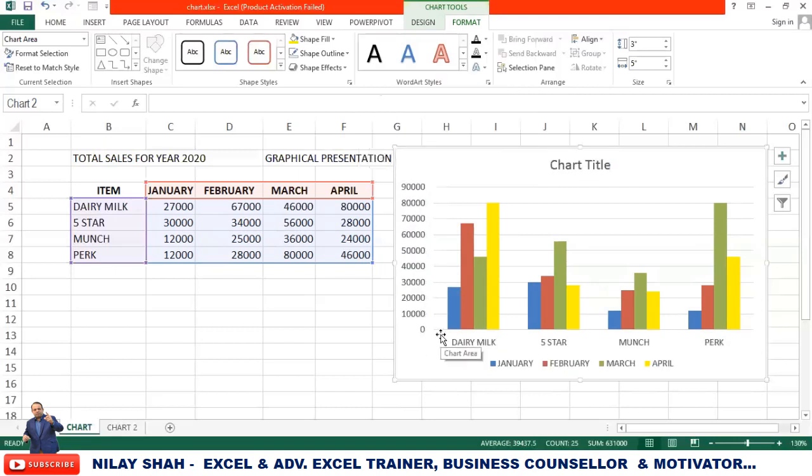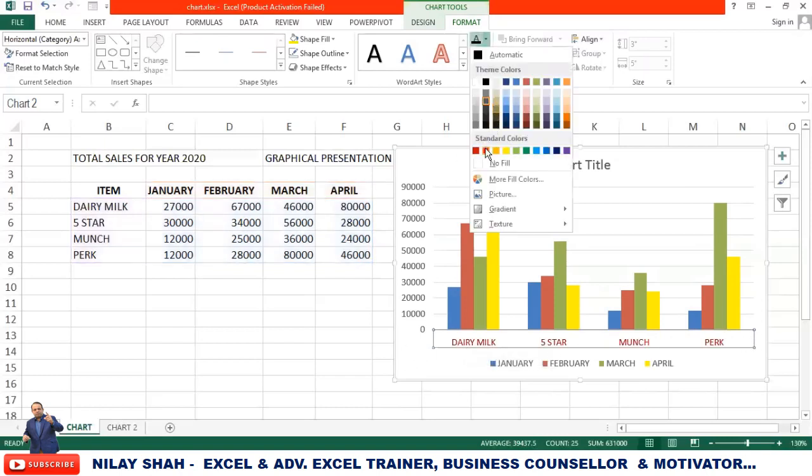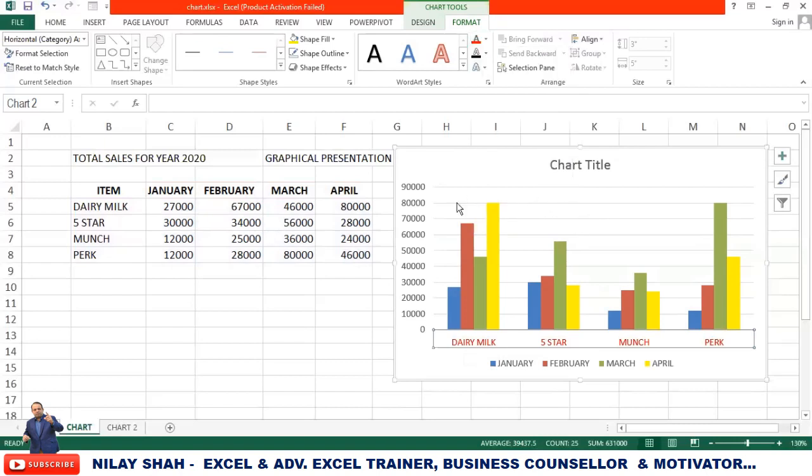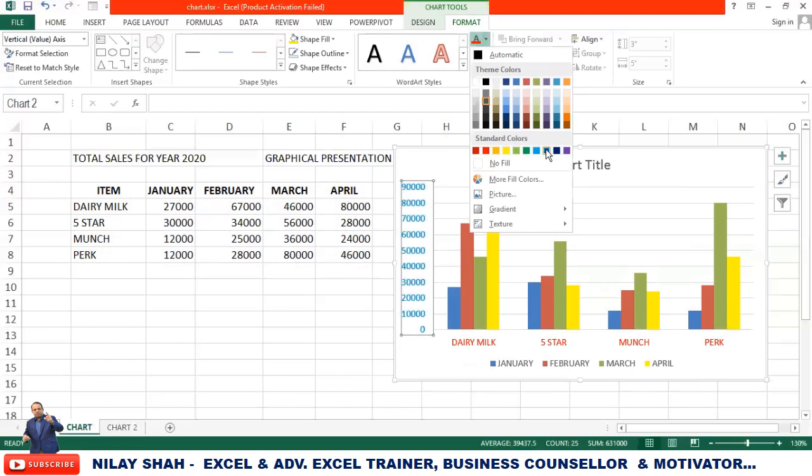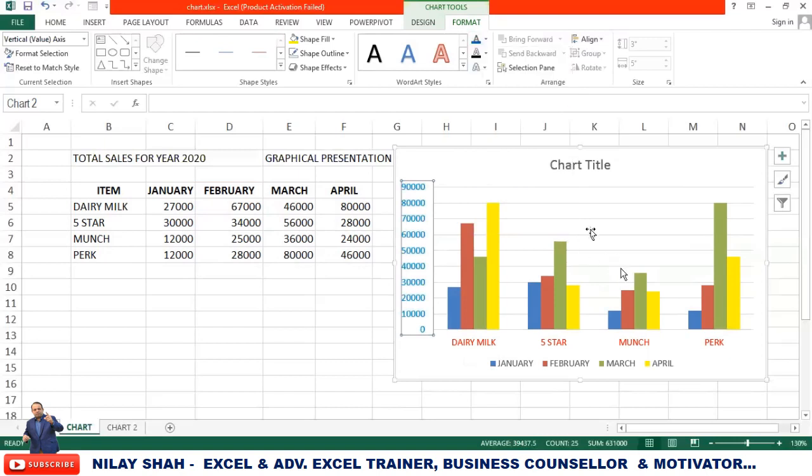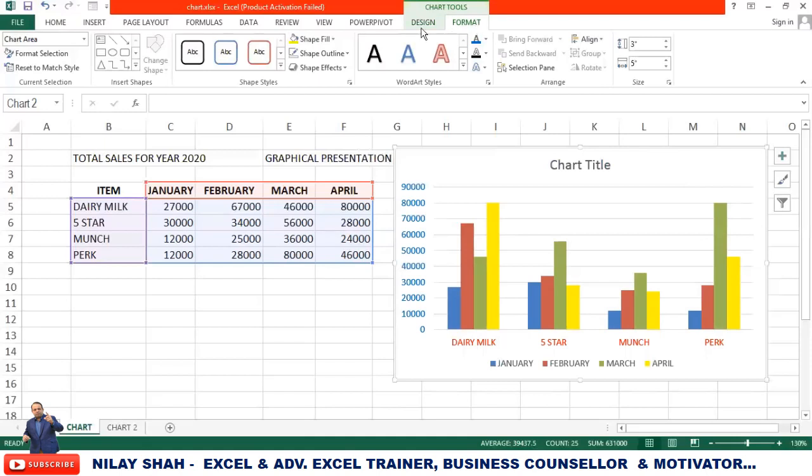For example, if you would like to change the color in these products only, just click those products, click here and change the color. You can see the change. If you would like to change the color here, I am talking about the text only, you can see the outcome. So this is all about format and design.